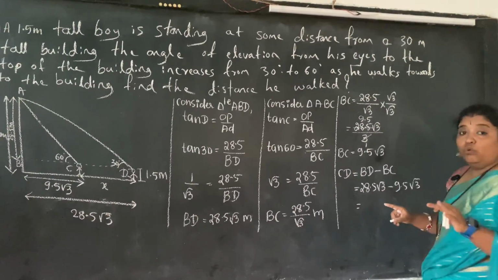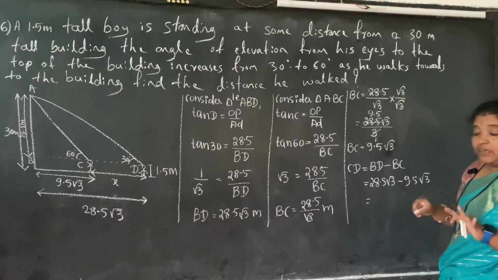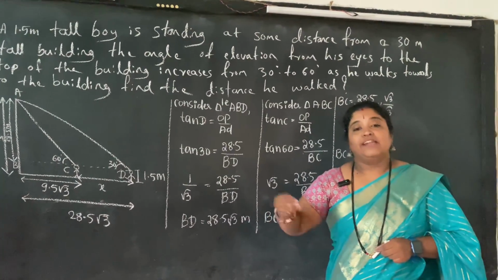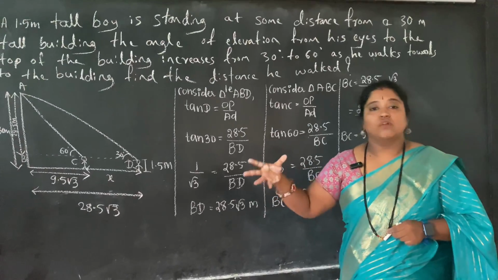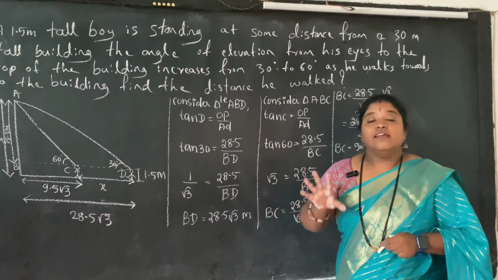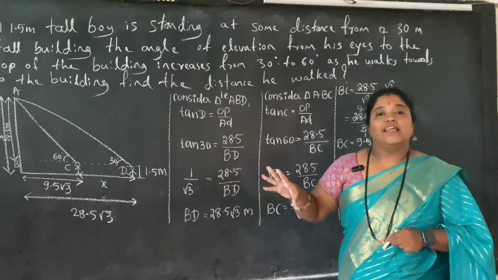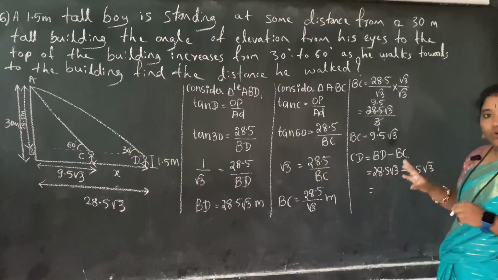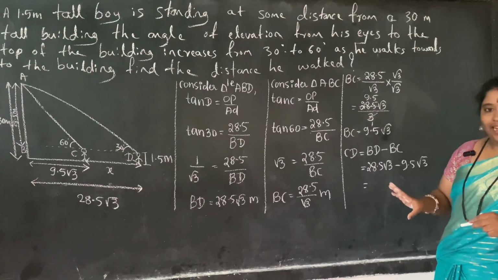Root 3 minus root 3 is not 0. See, 2x minus x is x. 7x minus 5x is equal to 2x. The x is not going to get cancelled over there. Irrational subtraction is like algebraic subtraction. Root 3 is there, so I can subtract it. That has to be understood.